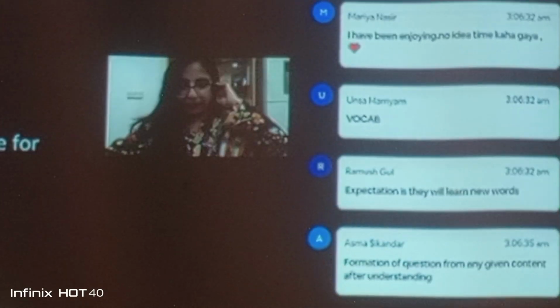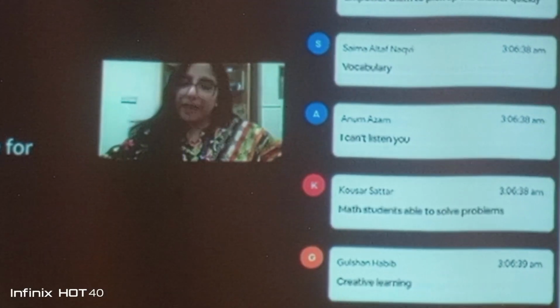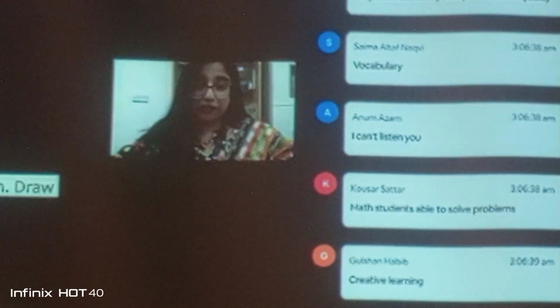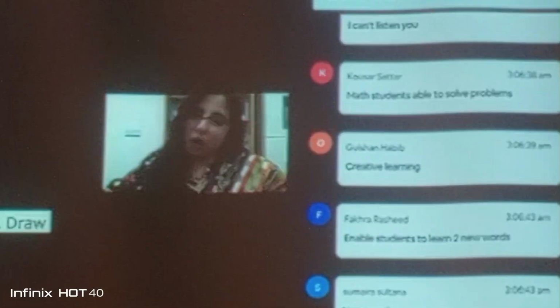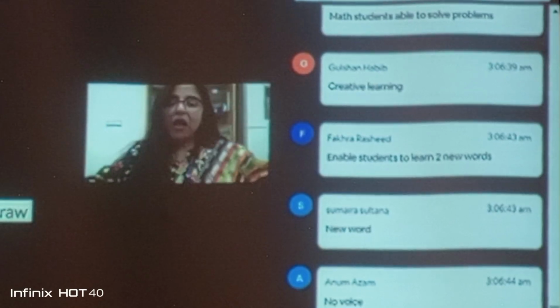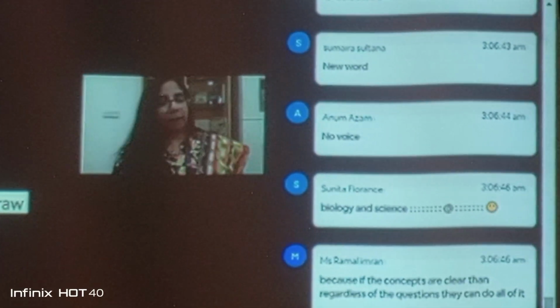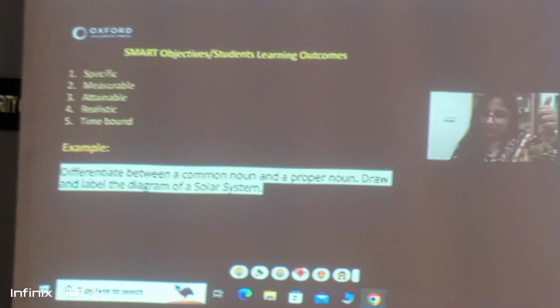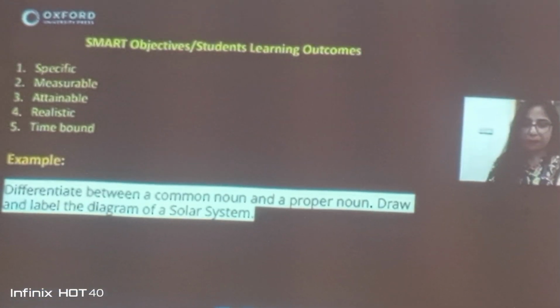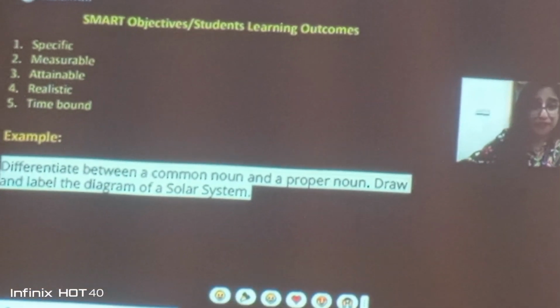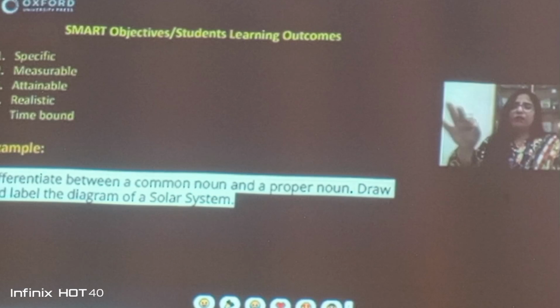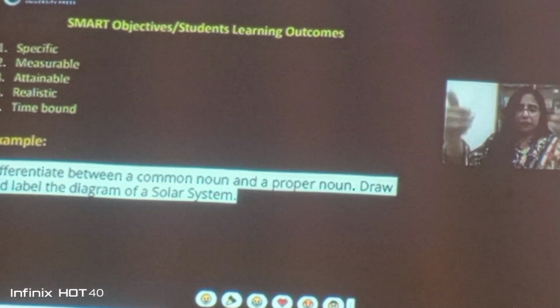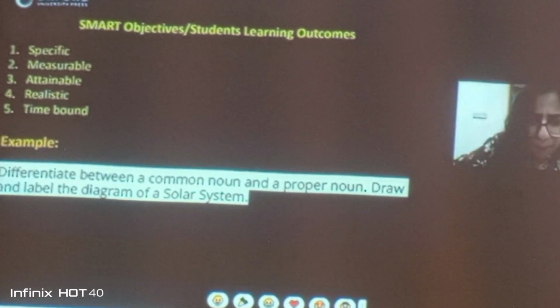Now the question that comes to you is: is the learning objective that you have formulated for your students smart enough to go forward? The learning objective that you created for your student, which you just gave in the chat box, can you tell me, is it smart? Is it specific to one topic? Is it specific? The learning objective that you have created in the chat box, can you all tell me,